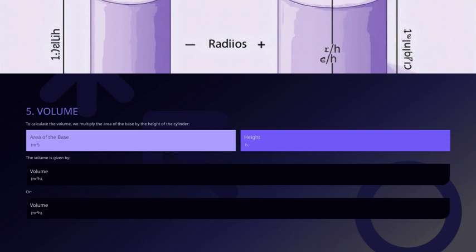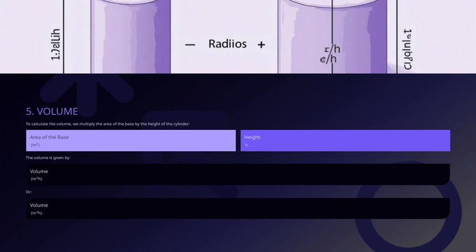Sometimes you'll see it written simply as volume equals pi r squared h again, emphasizing the key components. Remember, the height h is the distance from the base to the top of the cylinder. This calculation is crucial because it helps us understand how much space the cylinder occupies, which ties back to our overall theme of understanding geometric measurements. So, in essence, volume is just the base area times the height, giving us a clear way to quantify three-dimensional